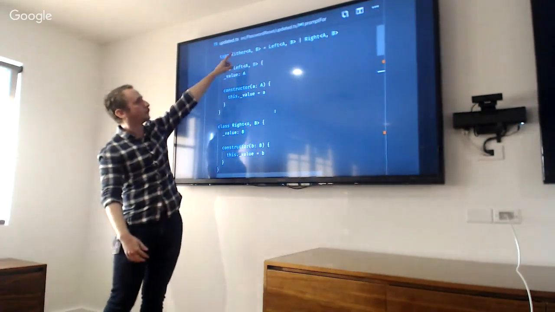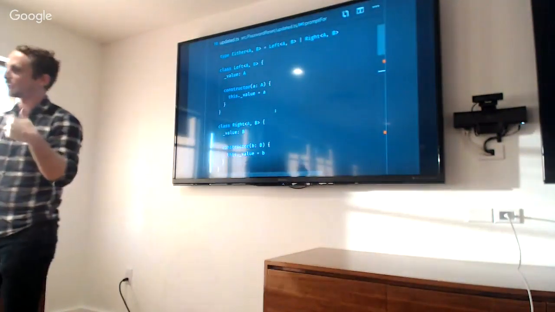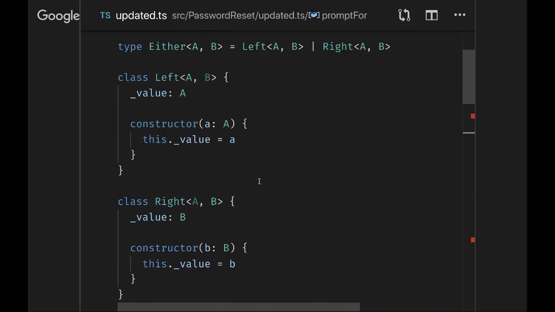So the brackets there, when you see that, are expressing the generic types in TypeScript. Really, it says type Either A B. But Either with an A and B there is not actually a type. It's not a type until you plug some other types in for the A and B. So then you have Either string string, where A equals string and B equals string, and now you have a type once you plug actual concrete types in there. Because the A and B in that definition are abstract. They do whatever you want. Type variables, I think, is the more correct term.